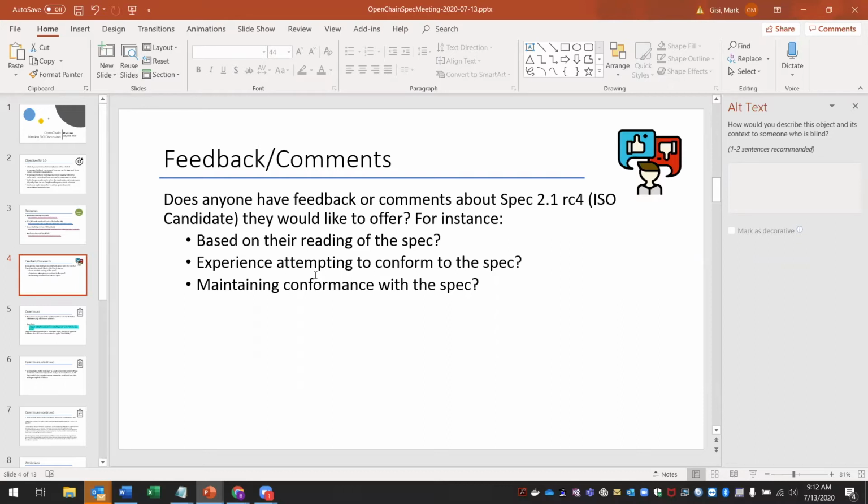Sure, Mark. This is Mary Matron. My company is just getting started looking at the standard and figuring out if we want to implement it, and if so, how. So I don't have any comments at this point. We haven't raised any issues. And so I would like to take a rain check on this item. And I think that's great.